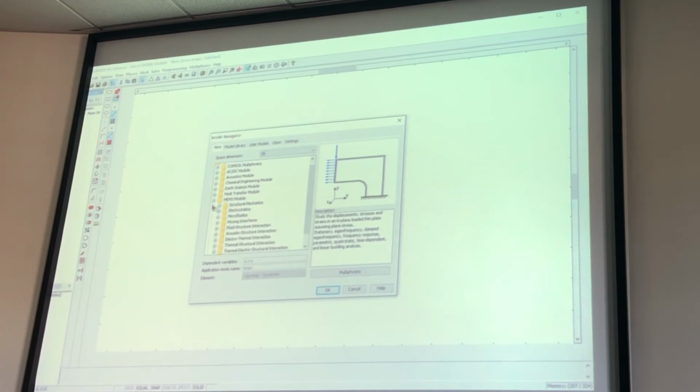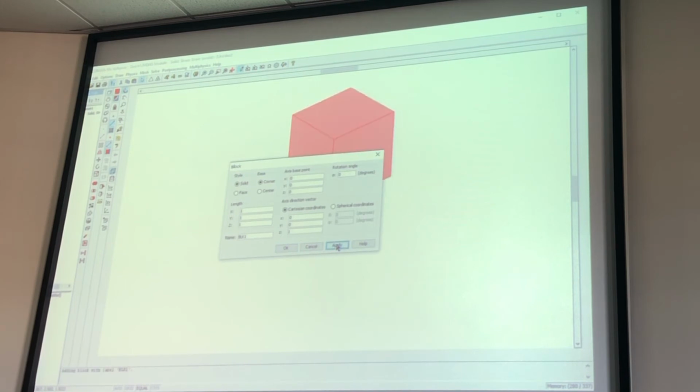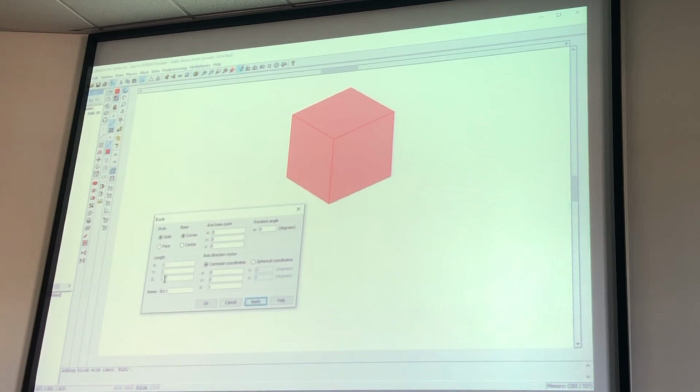Okay, and then I could do structural mechanics. And now I can draw like a cube or something, right? I can apply that, and now it's just a cube there. I could change the shape. It's 1 meter by 1 meter by 1 meter. I could make this 100 microns by 20 microns by 2 microns to make it similar in shape to the last one. And if I click apply or just OK,